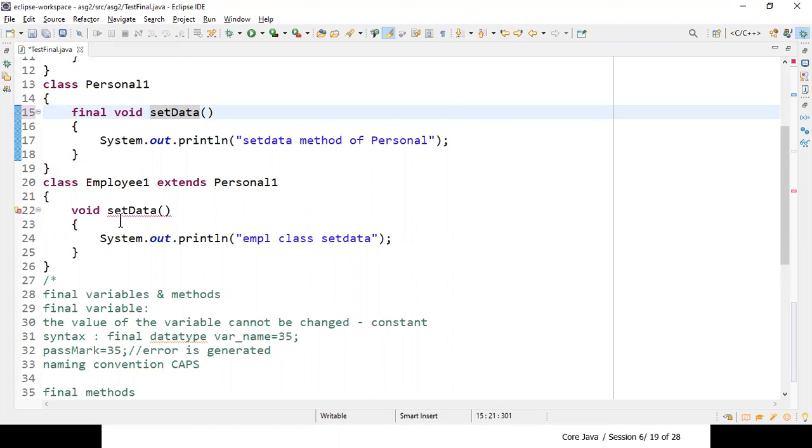Once I make it final, you see automatically this setData method is being underlined. The red wavy line is given to indicate that you cannot override that. If you place the mouse pointer there, you'll see the message. You cannot override.